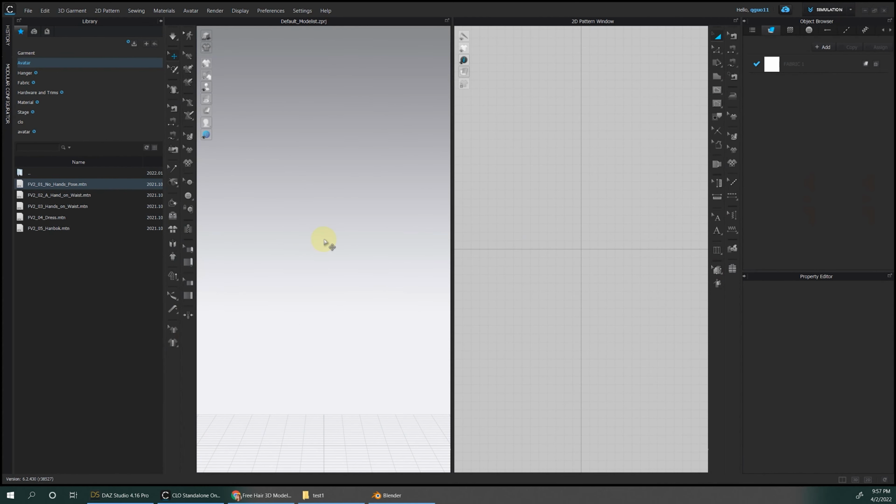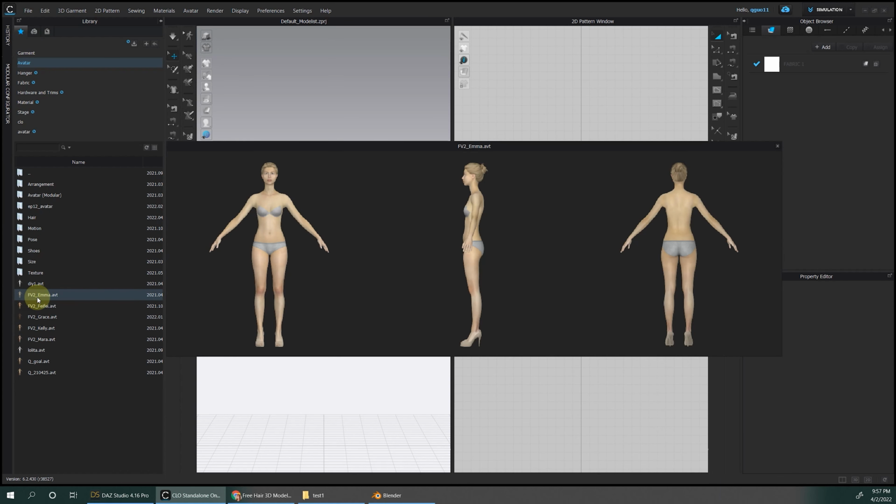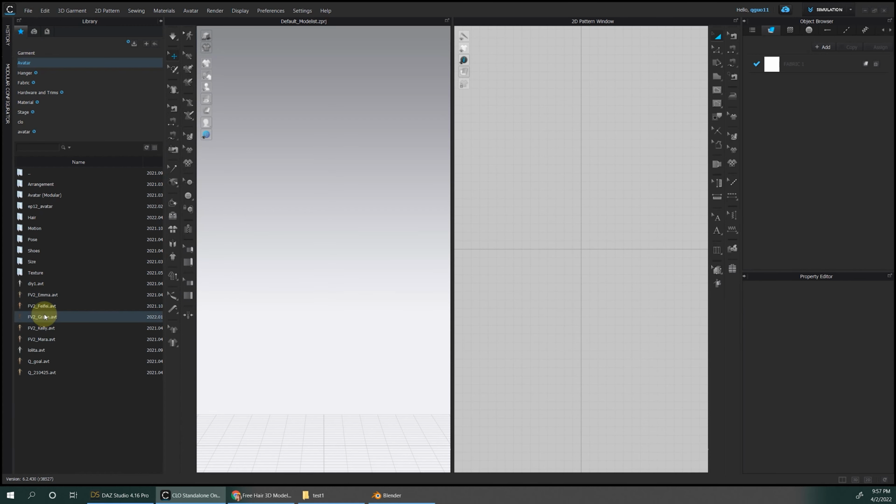Let's get started. We need to open the Crow software first, of course. We go to the avatar. All these avatars from Crow are FV2. Any of them you can use.